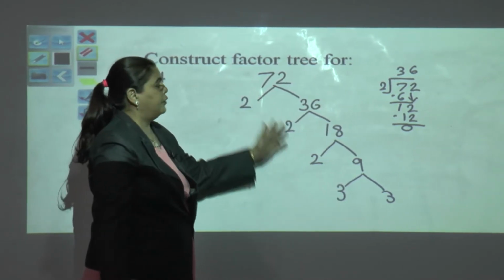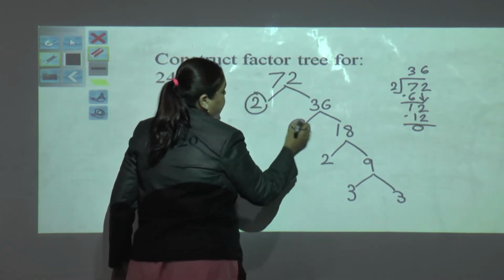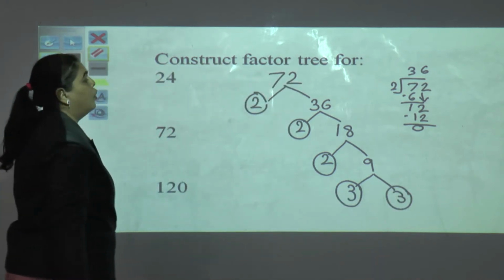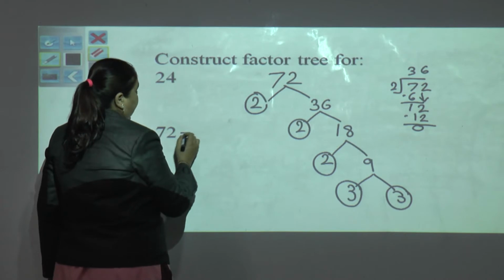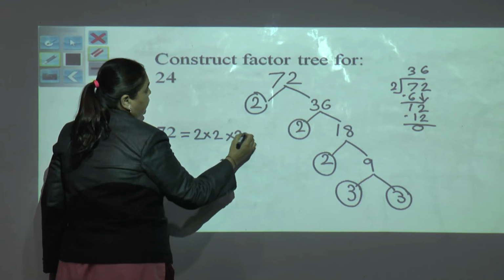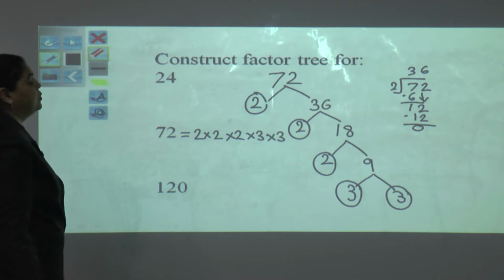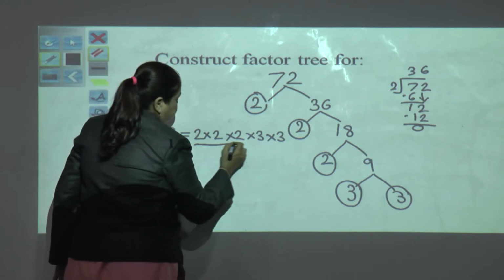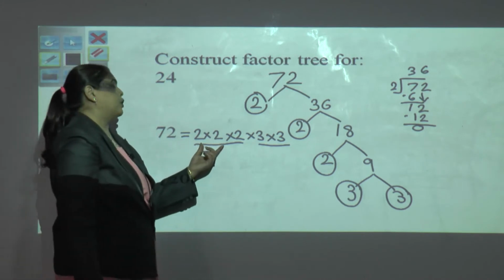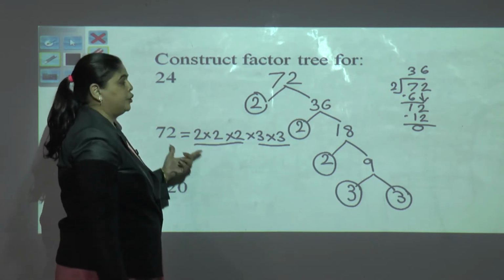method. So we have found the factors here, all the factors which are at the end of this, that is 2, 2, 2, 3 and 3 are the factors of 72. So we can write factors of 72 are 2 multiplied by 2 multiplied by 2 multiplied by 3 multiplied by 3. If you want to check, you can multiply this together and find out whether what we had done, removing the factors by the tree method, is correct or not.